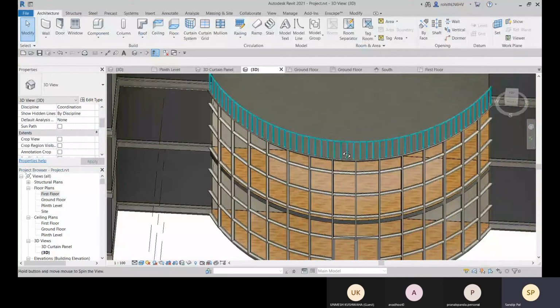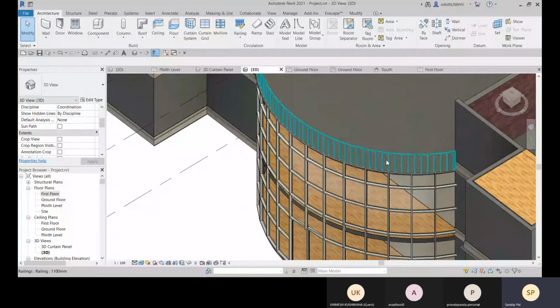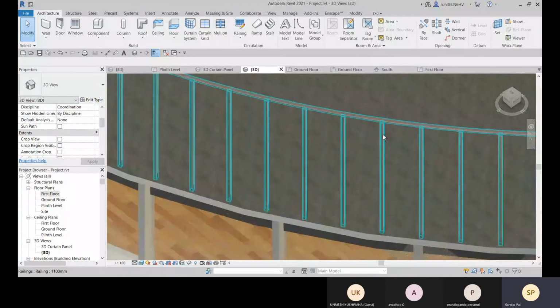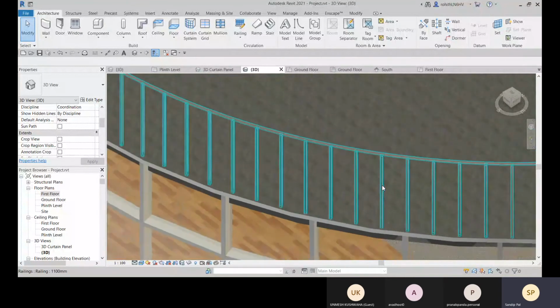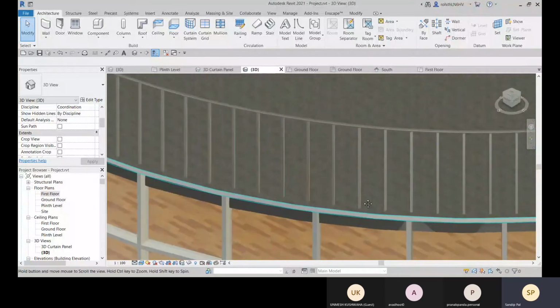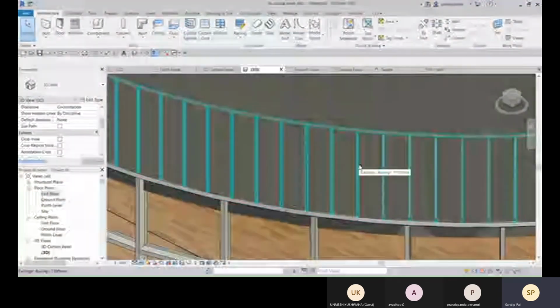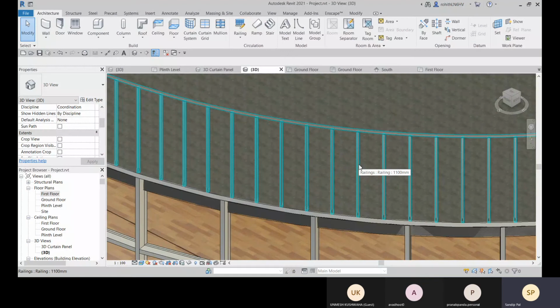And in the next class, I will show you how you can place some baluster over there. Okay. So before placing the balusters, I will show you how you can create the baluster families and then you can place all these baluster families. Okay.